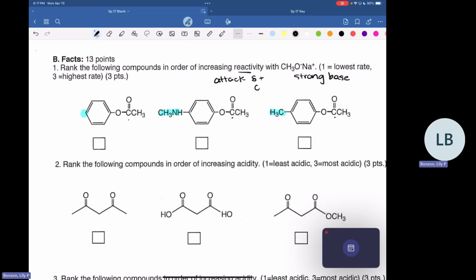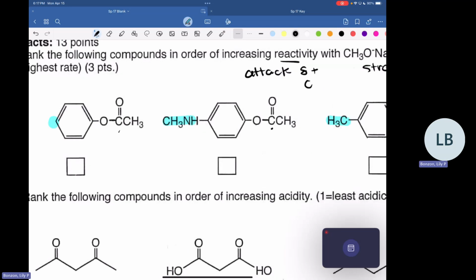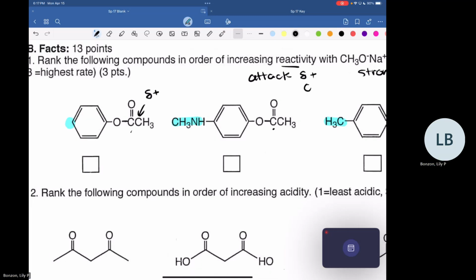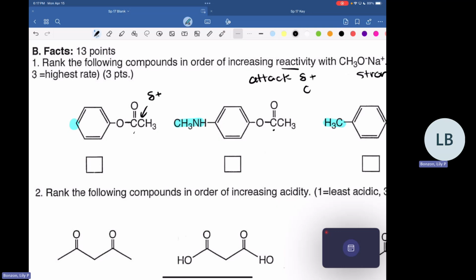What we want for these molecules is as partially positive a carbonyl carbon as we can get. So we want electron withdrawing substituents to take the electron density out of that carbon and make it more partially positive. So for the benzene ring, we want